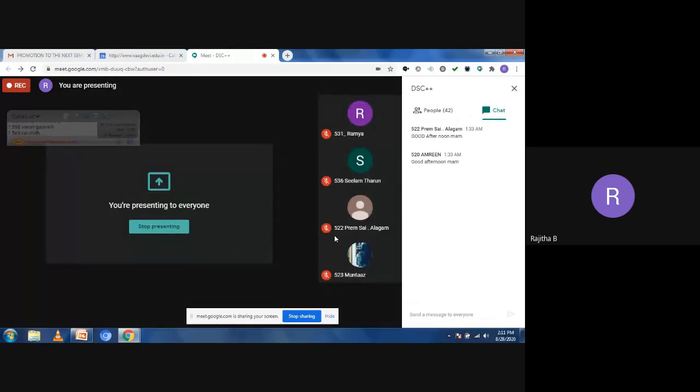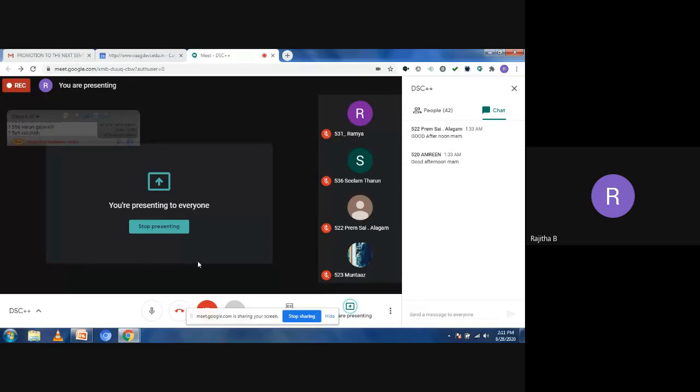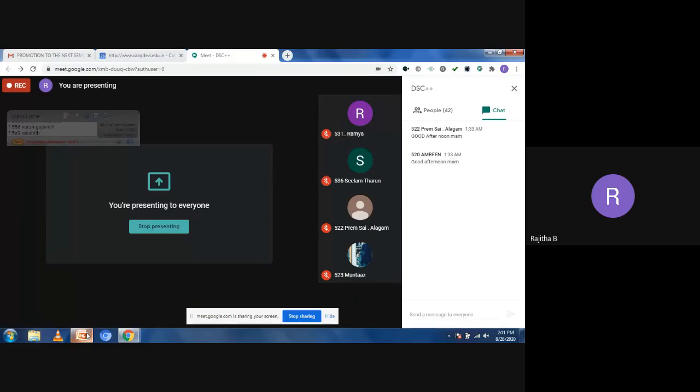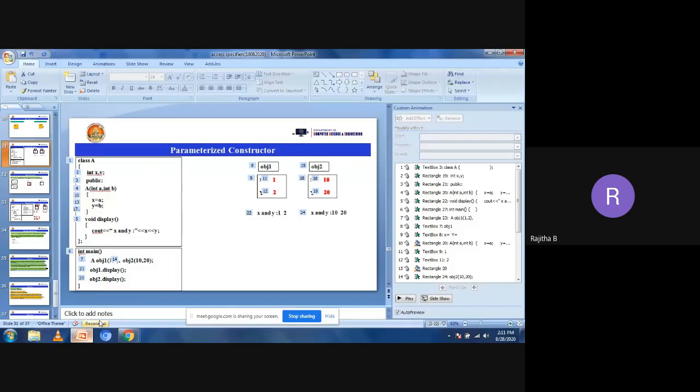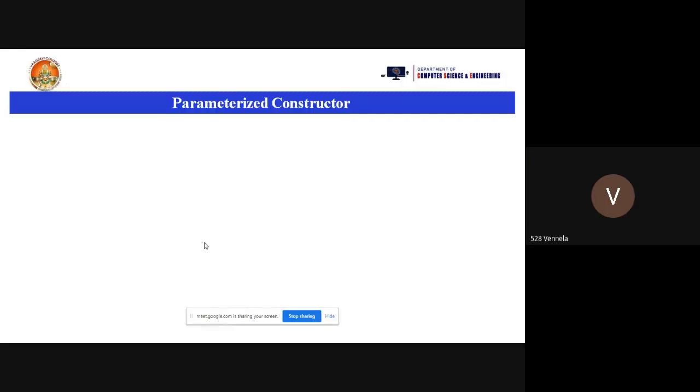I'm going to show you how the execution is done when you are taking the parameterized constructor. Now let us see this one. Are you seeing my screen? Yes, ma'am. Now observe the things here carefully. How can we write the parameterized constructor, and how will the program be executed? After which statement is the control going to which statement?